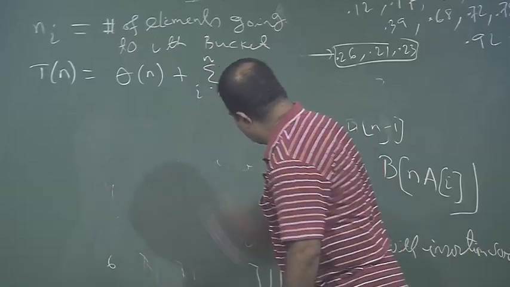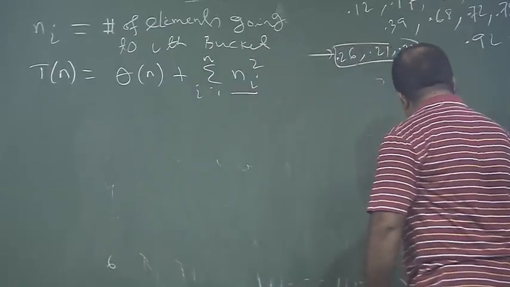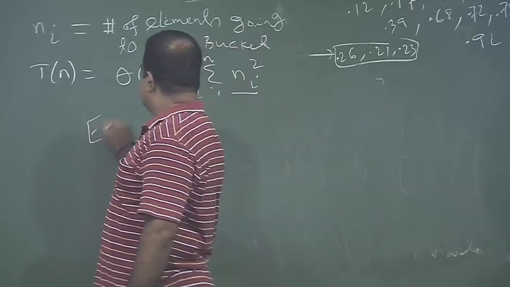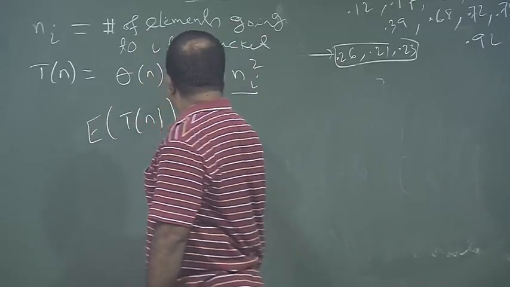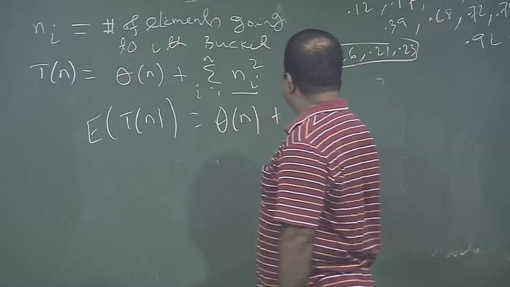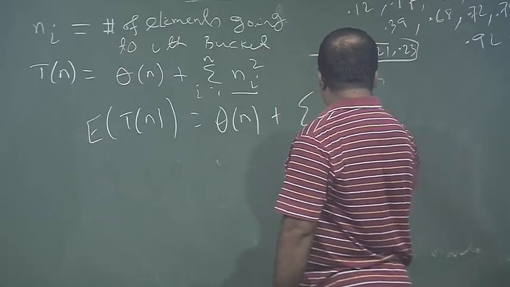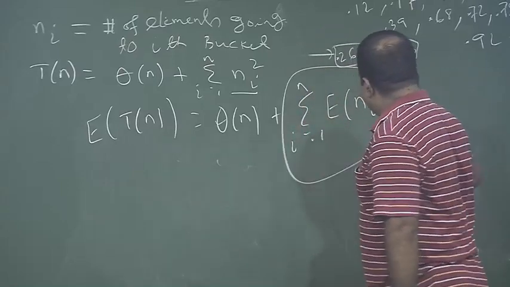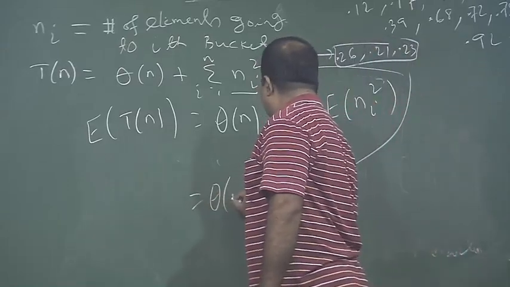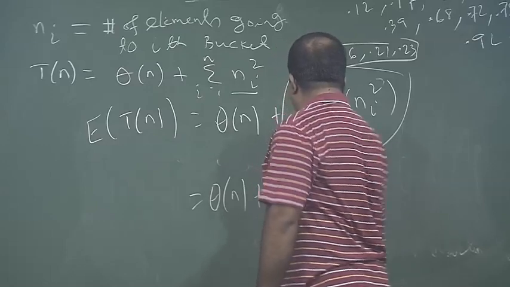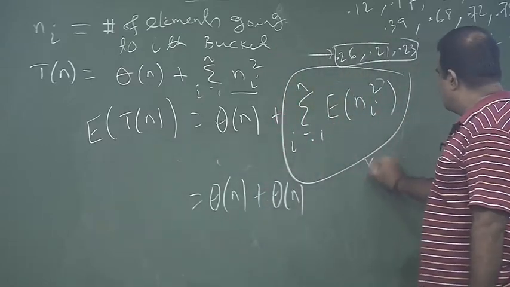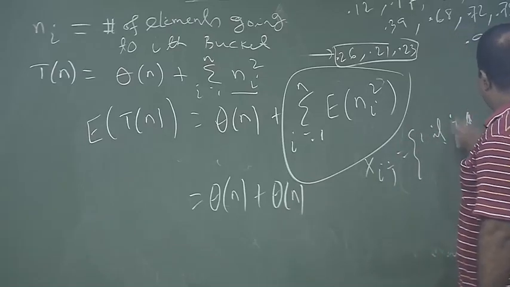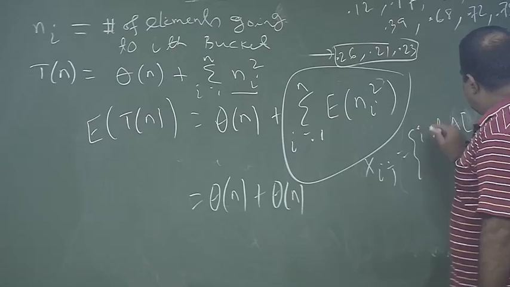Now, if you take the expectation, because we do not know how many numbers will go to the ith bucket, then the expected analysis is basically theta of n plus the summation of the expectation of n i square. This can be proved to be linear by taking an indicator random variable. Suppose we assume x i j is 1 if A j is going to the ith bucket,